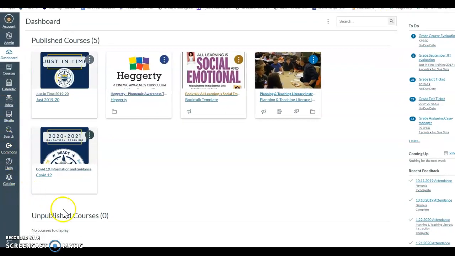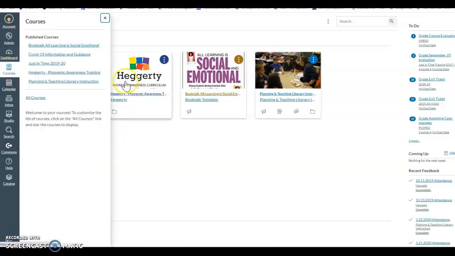So I want to bring your attention to the global tabs here on the left-hand side. These global tabs are always there. No matter what class you're working in, these global tabs are available to you. So I'm going to click into the Courses global tab. And you'll notice here that these 5 courses are listed at the top. There's also an All Courses. So if you click into these All Courses,